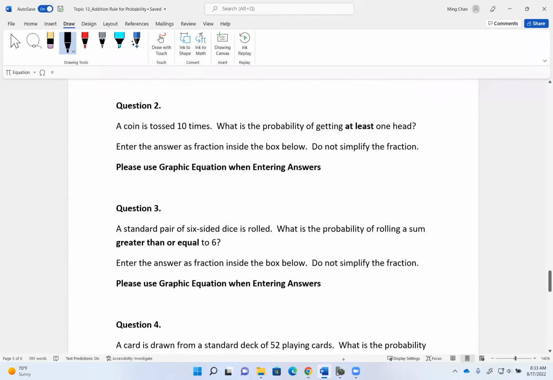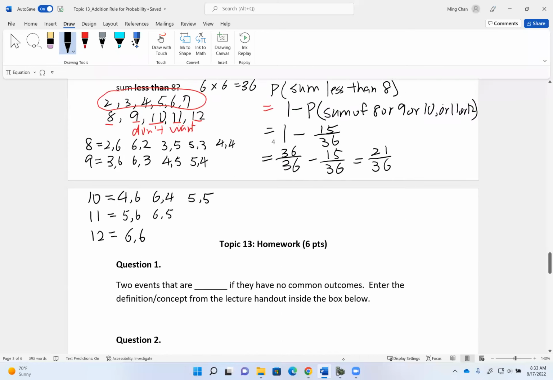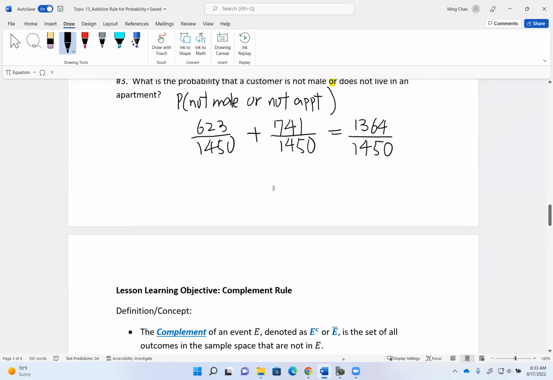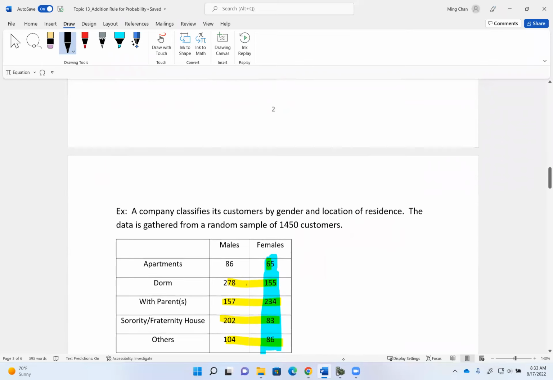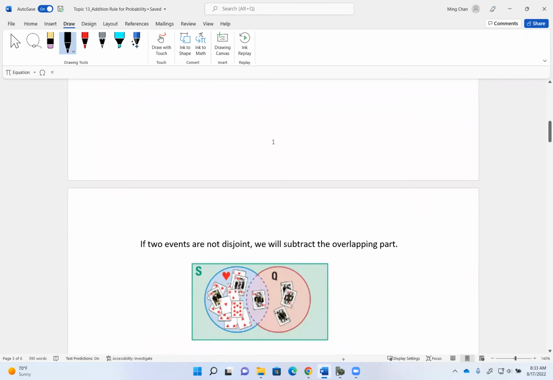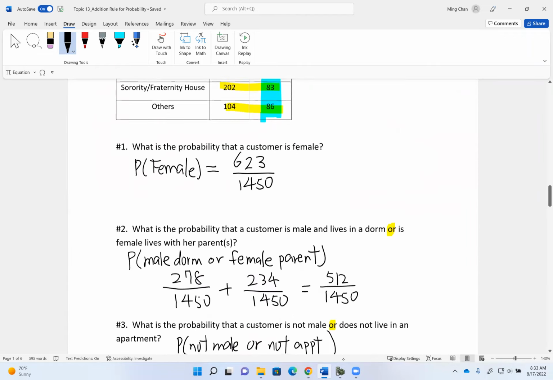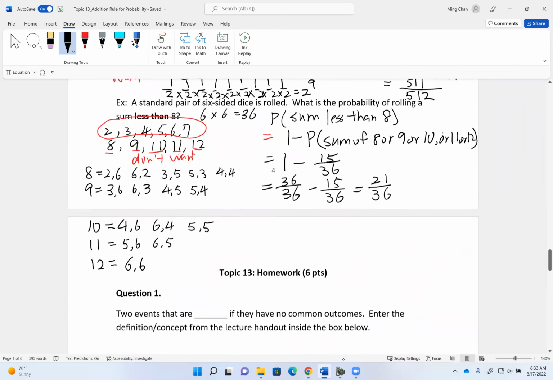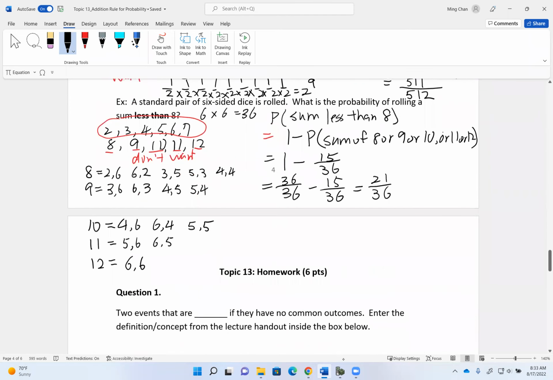So just real quick, kind of teaching you what the addition rule for probability is. Okay, addition rule, we use the word or. So when we are dealing with the word or, you've got to think about whether the events are disjoint or not disjoint. So if you think about the sum of 2 dice, right? All these events here are all not disjoint. Excuse me, they are all disjoint. Excuse me, they have no common outcome, right? The sum of 8 has